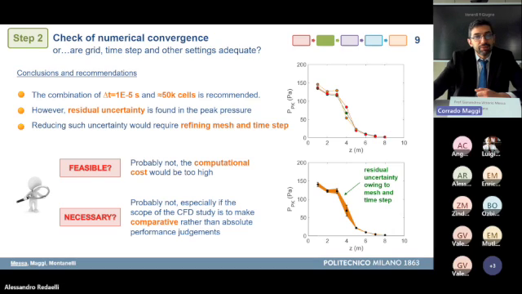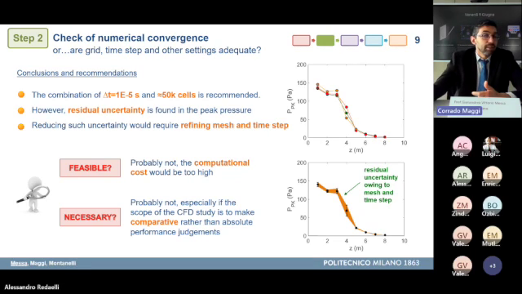How can we quantify this residual variability? It's difficult to do that in a rigorous manner, but a simple way to estimate this variability, which is some sort of residual uncertainty, is to consider the area which is spanned by the 3 curves, which is the orange area in the bottom right plot. This is some sort of measure of the residual variability, so the residual uncertainty due to the combination of these 2 numerical settings.